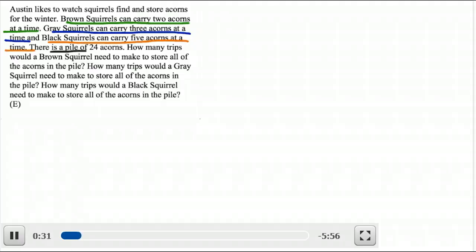It also tells me there is a pile of 24 acorns. And then it wants to know how many trips would a brown squirrel need to make to store all of the acorns in the pile. How many trips would a gray squirrel need to make to store all of the acorns in the pile. And how many trips would a black squirrel need to make to store all of the acorns in the pile. So the first thing I'm going to do, because it has so much information there, is to